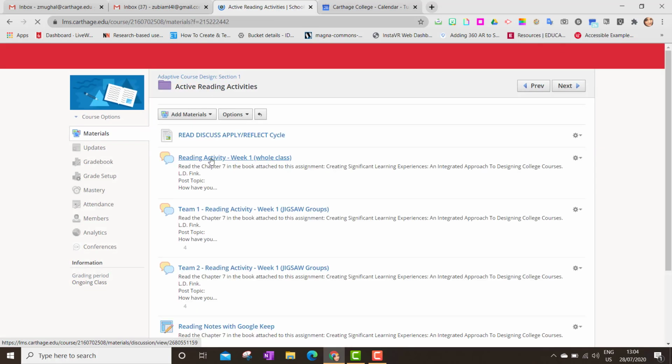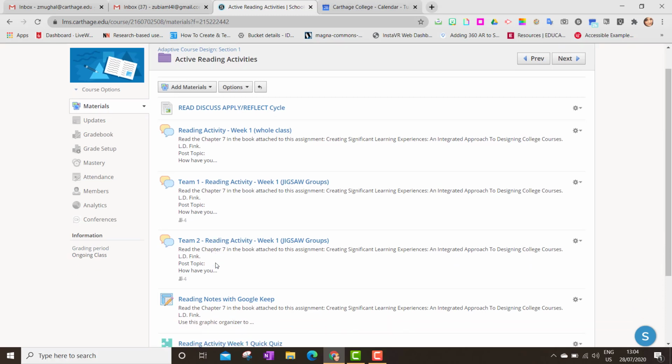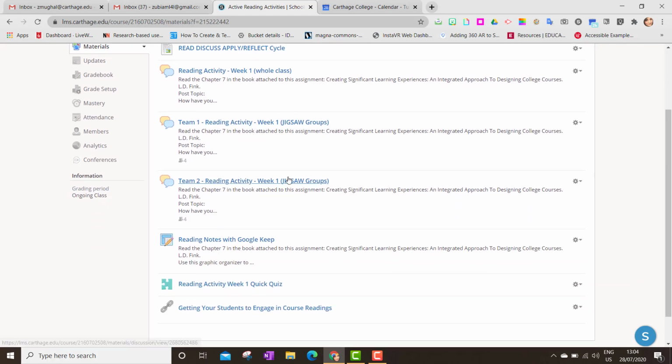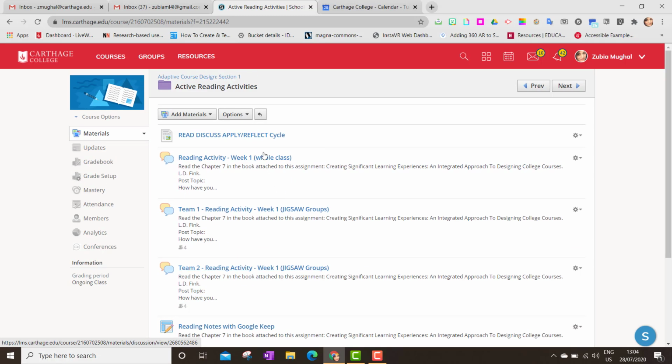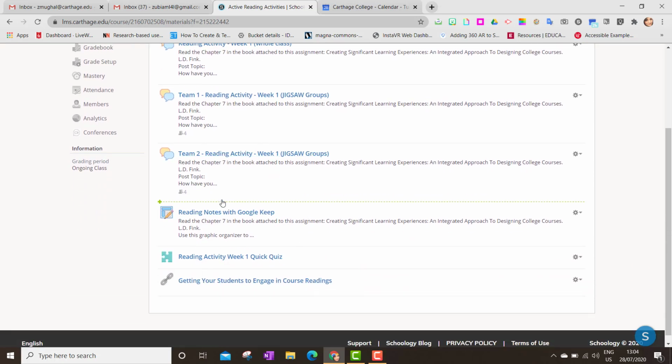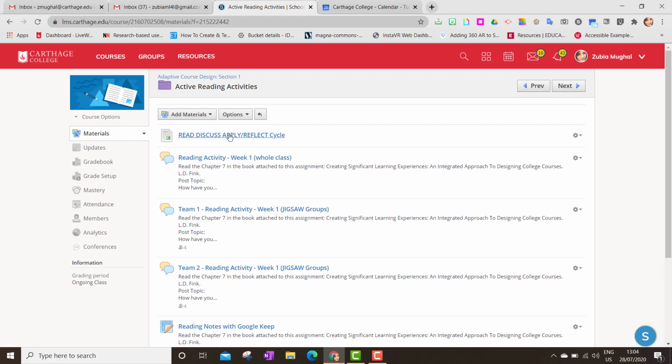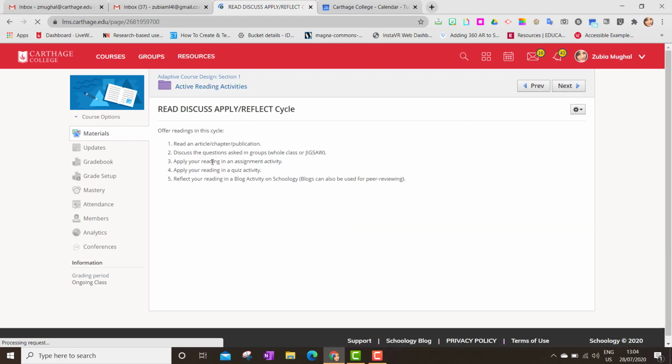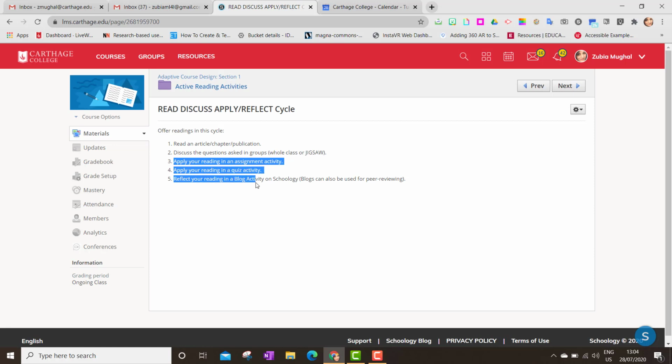So in this way, you could create team 1, team 2. This is one strategy. Another strategy: one is whole class, the other is jigsaw groups. Then I have, just like I mentioned here, read, discuss, and apply. You could read an article, you could discuss with the questions in groups, whole class, or jigsaw, and then I'm in this part of the discussion right now where I share with you how you can apply your reading in an assignment activity,